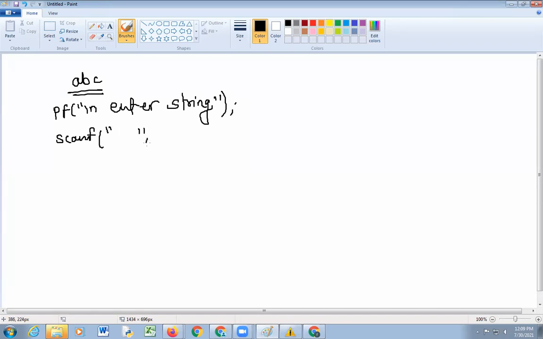Here you are declaring a character array, A of 40. Then what is the statement in scanf? How can you write the scanf statement?